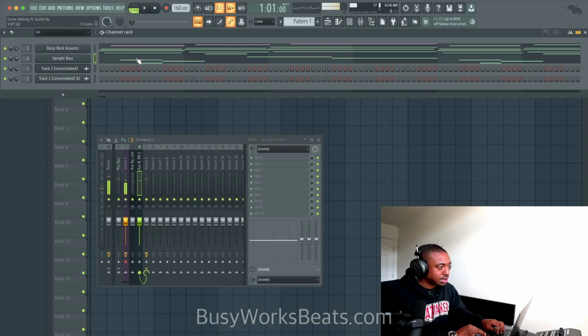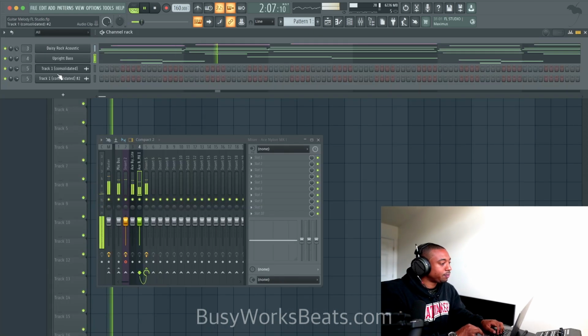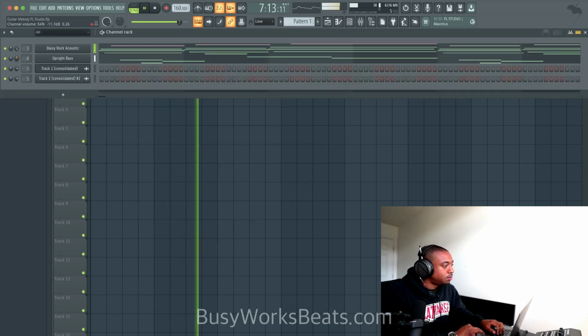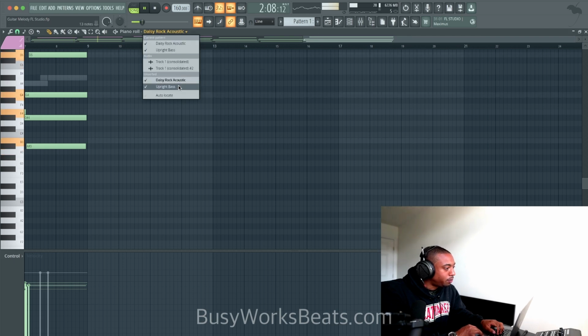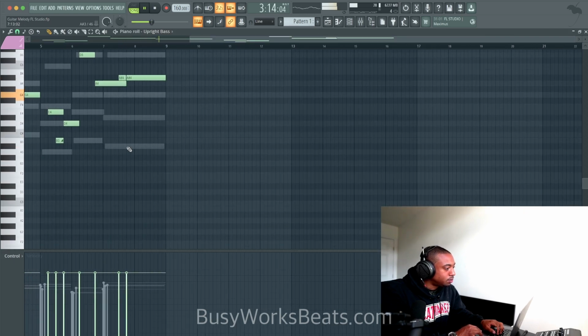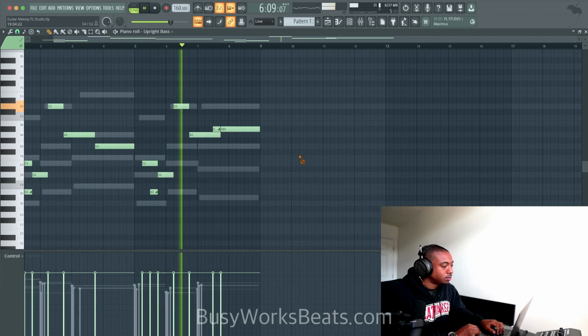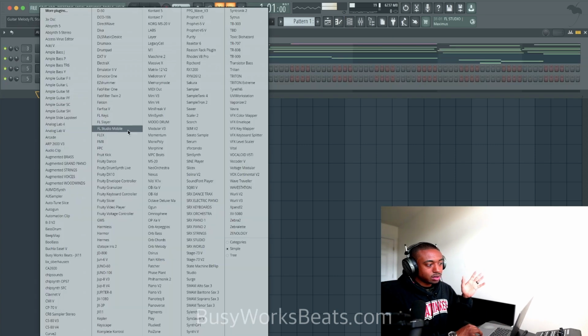And now here's where sound selection comes into place. We have the music there, but now we need the sounds to fit. So my ear needs like a dun type of sound.